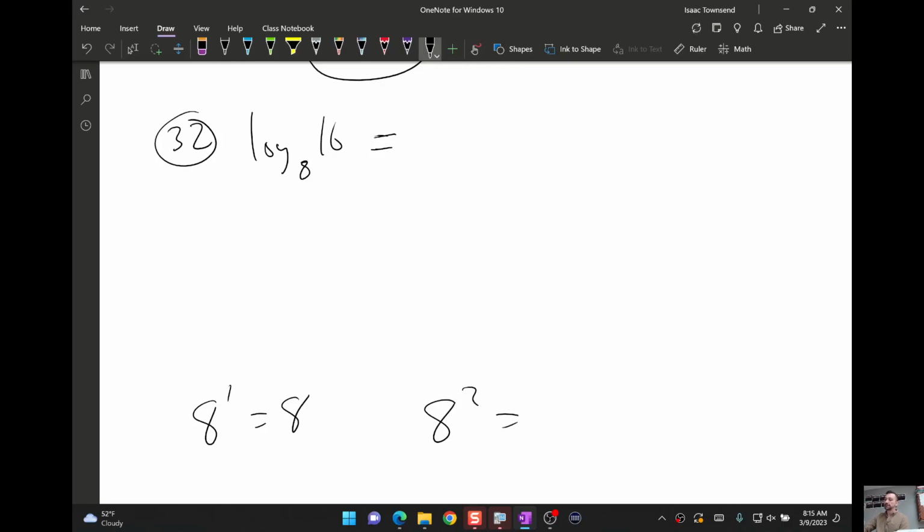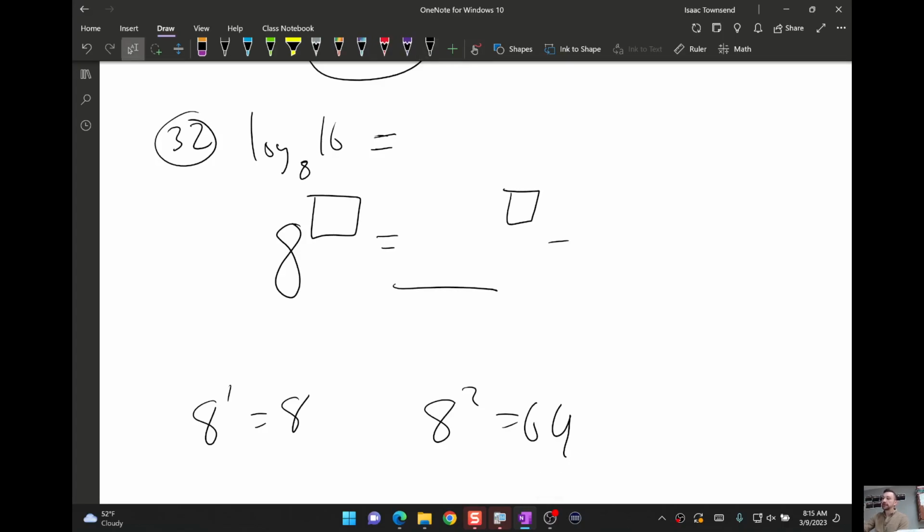It has to be less than 2 because 8 squared is 64 and I only want 16. So I know my answer is somewhere between 1 and 2, and that's important because it tells me my answer is a fraction. So these are the ones that I said you might want to do in 2 steps. Raise 8 to a power to make it something else, and then raise that to some power to get it